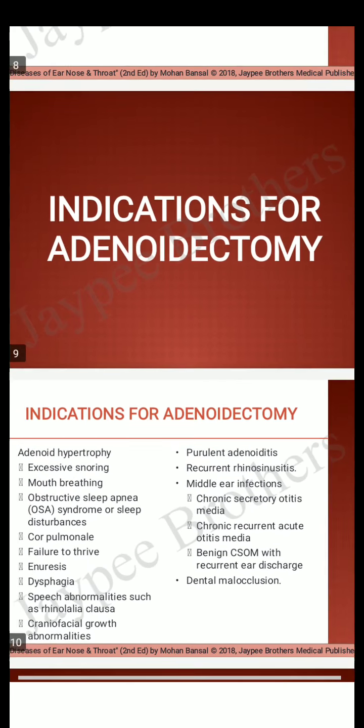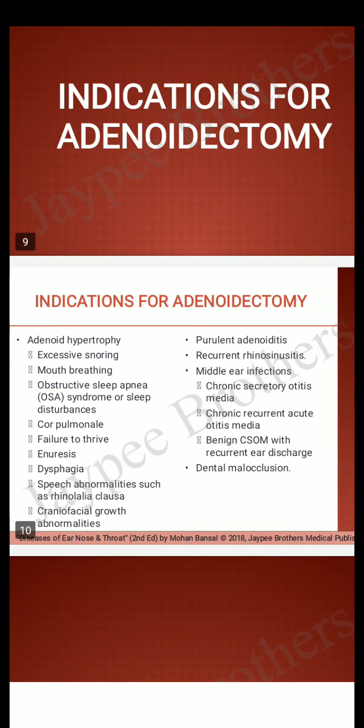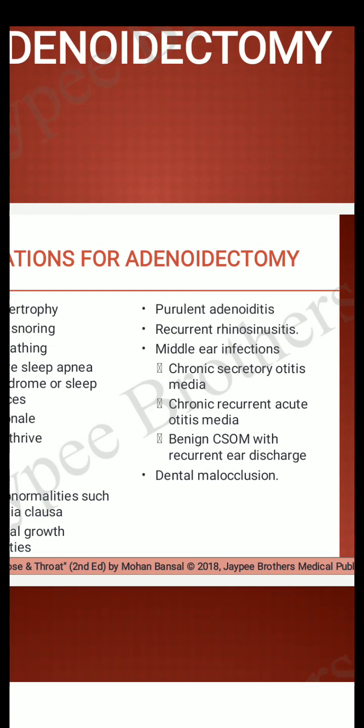Indications for adenoidectomy include adenoid hypertrophy, which shows excessive snoring, mouth breathing, OSA, cor pulmonale, failure to thrive, enuresis, dysphagia, sleep abnormalities, speech abnormalities such as rhinolalia clausa, craniofacial growth abnormalities. Purulent adenoiditis, recurrent sinusitis, middle ear infections, chronic secretory otitis media, chronic recurrent acute otitis media, benign CSOM with recurrent